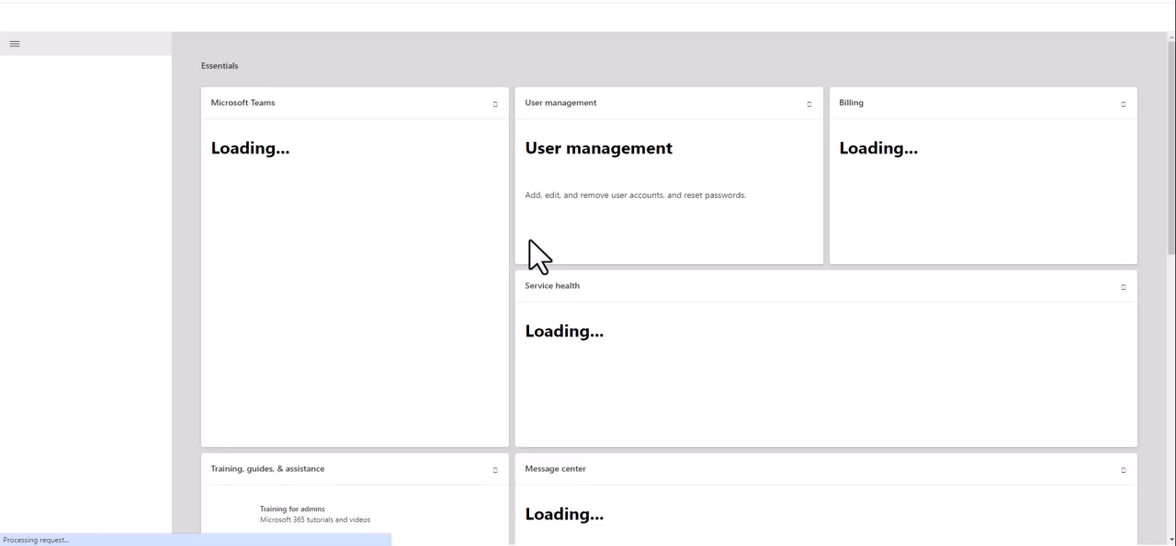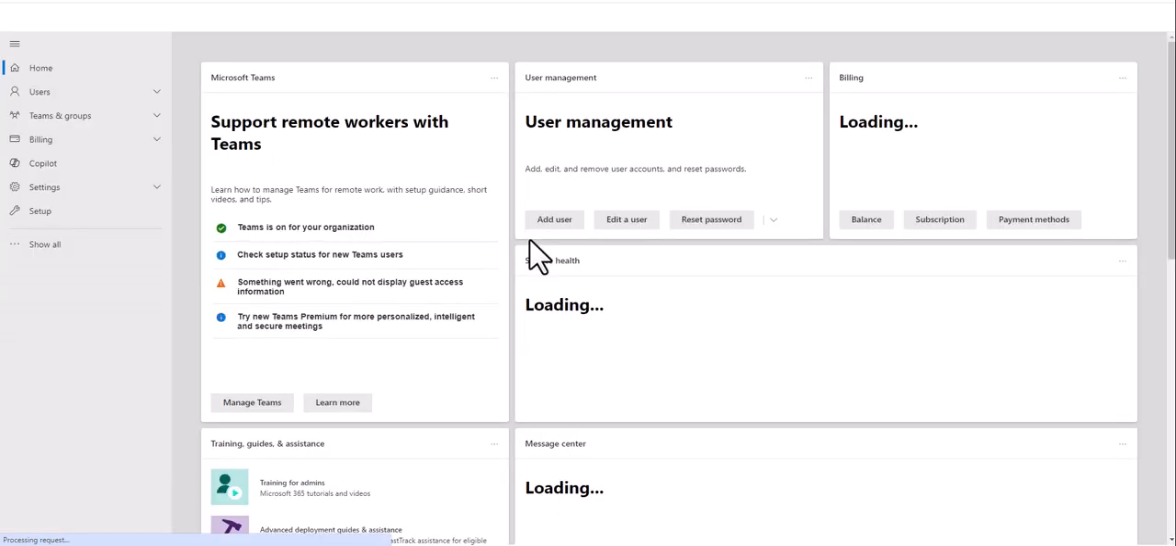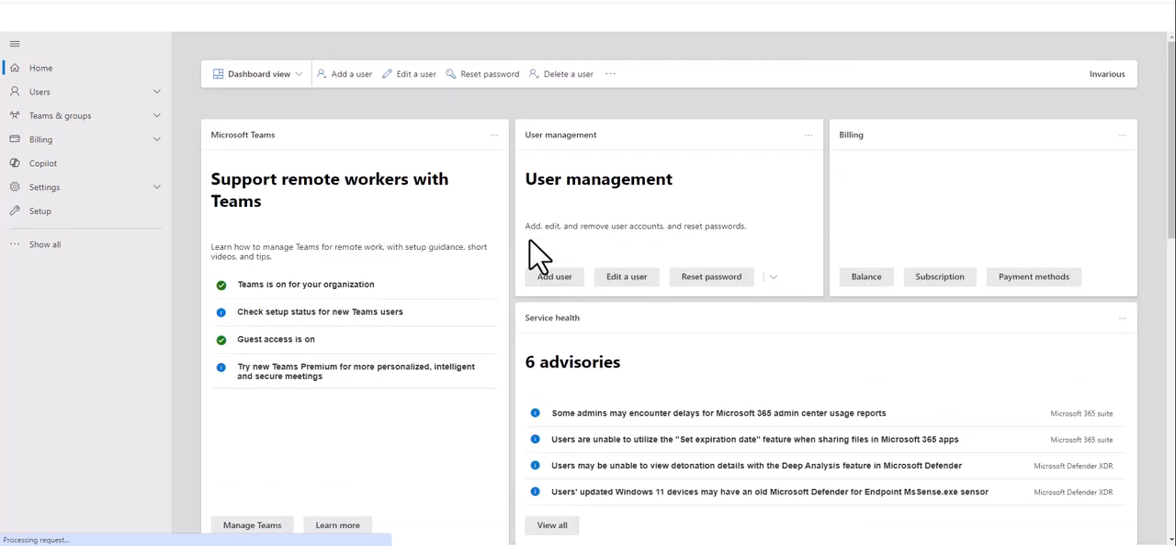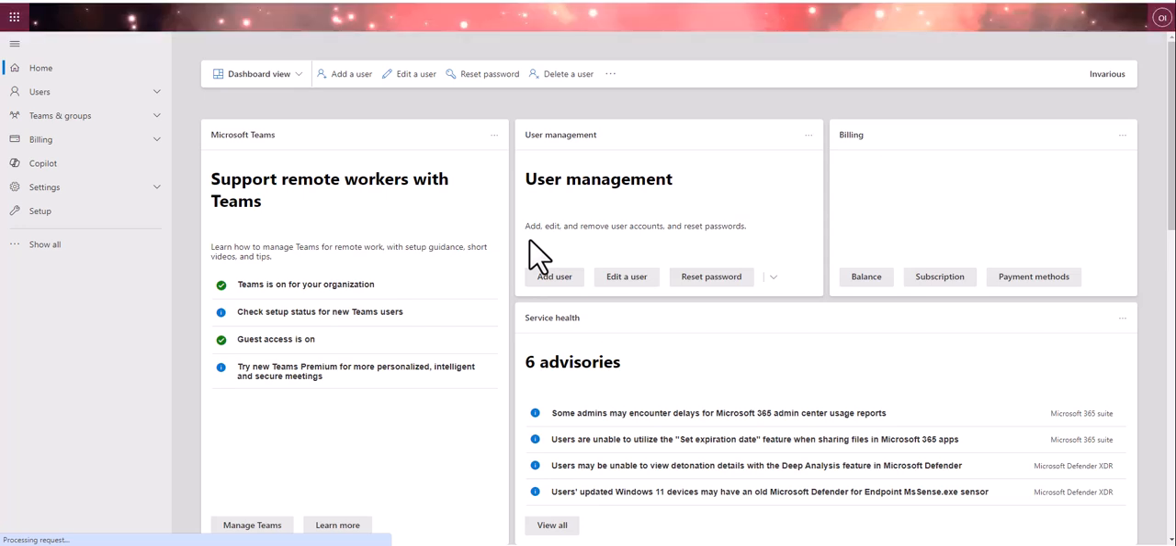So when you're going into the Microsoft 365 Admin Center for the first time, what you're going to see is something that looks like this. And again, depending on your admin rights, if you're a global admin, then you'll be able to see everything. If you're not a global admin, maybe you have a different admin right. Maybe you are just an Exchange Online administrator,